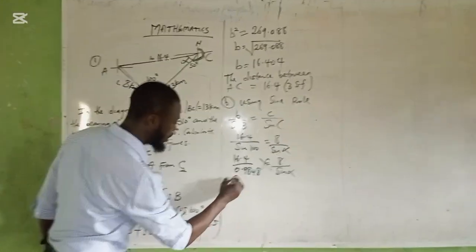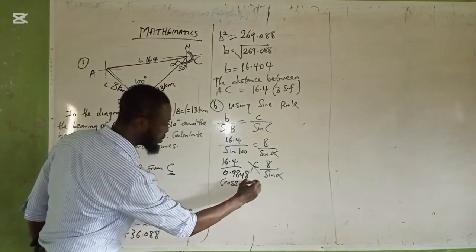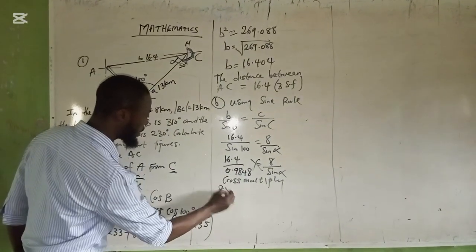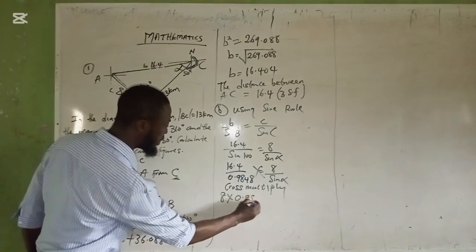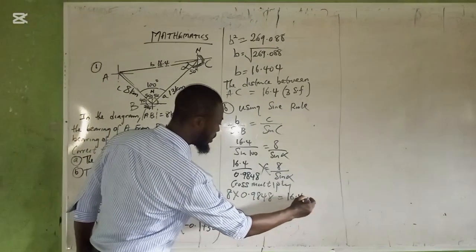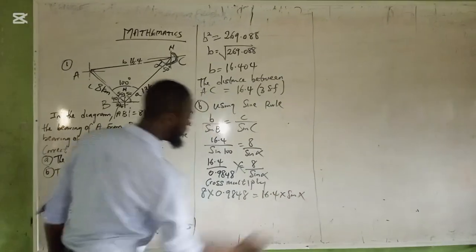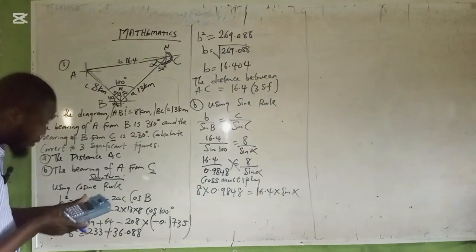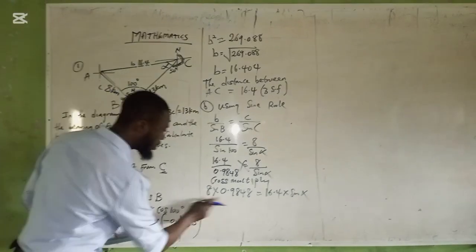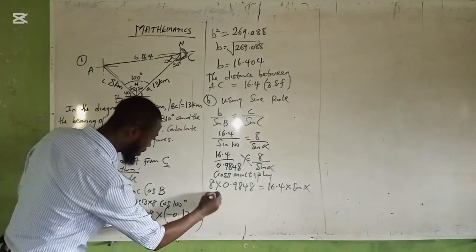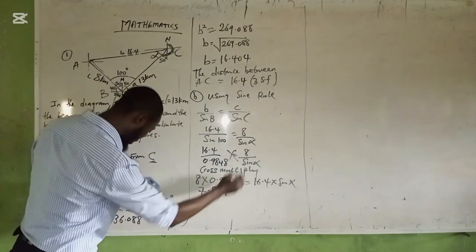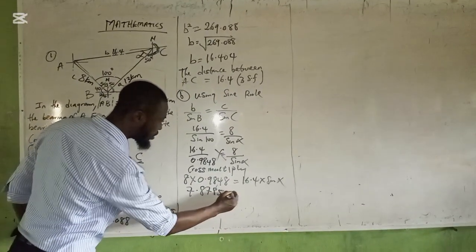So we have 8 times 0.9848 is equals to 16.4 times sine alpha. The multiplication gives us 7.8785 is equals to